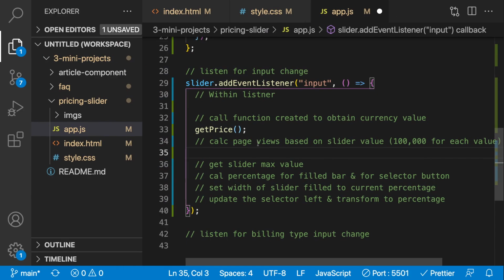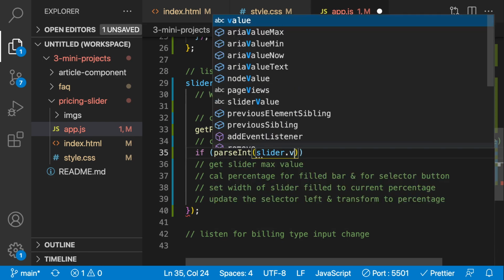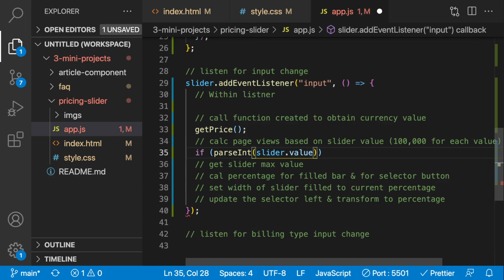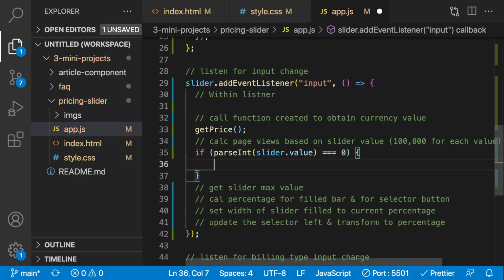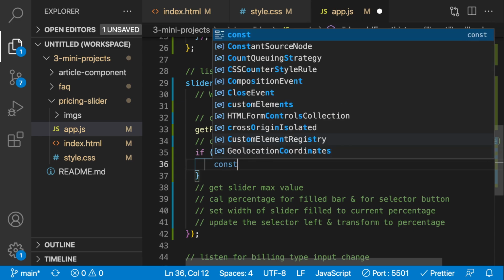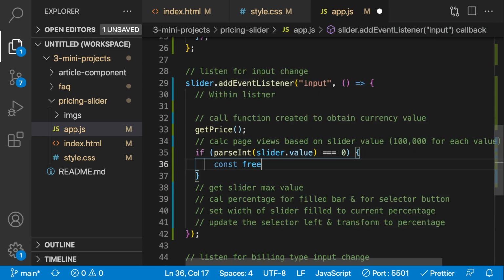So let's go ahead and do an if check here. We're going to say parseInt again, because the slider value that we get from saying slider.value isn't actually a number. So we want to convert it into a number by using parseInt. And we're going to look if this is equal to 0 here, not the letter O. Now, if it's 0, we're going to create a variable here called const freeVersion, and we're going to set this equal to